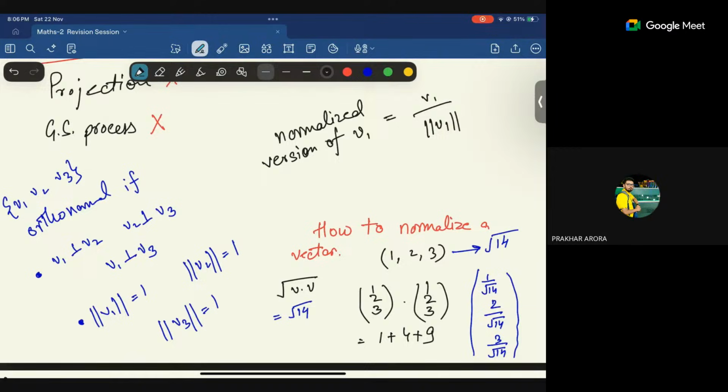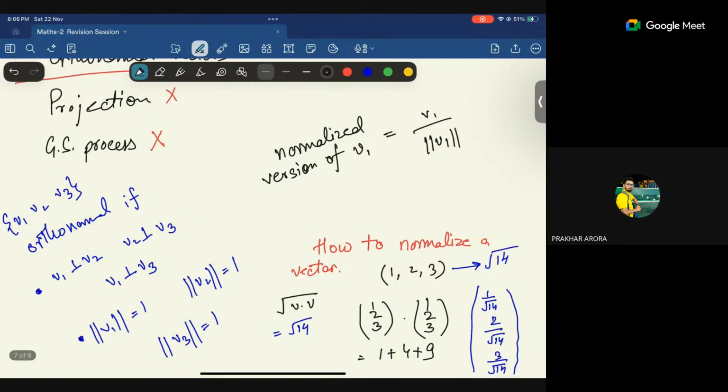So this is the end of the discussion I could have today. However, I strongly wanted to discuss the projection section. This is usually my favorite part from week 7 and 8, but we cannot discuss it today. I wish you all the best for tomorrow. The Gram-Schmidt process is easy, projection is slightly difficult, which is why I like it. But the Gram-Schmidt process is very easy, and I wish you all the best.